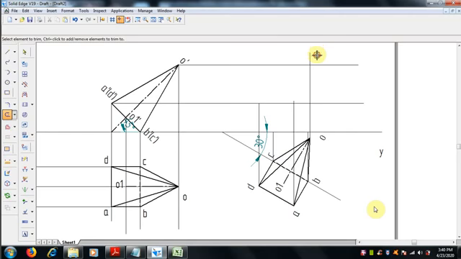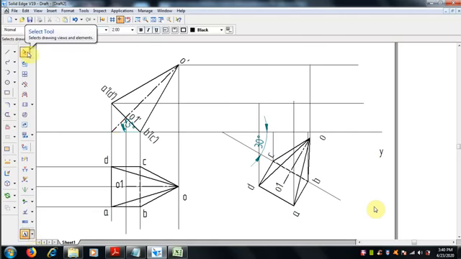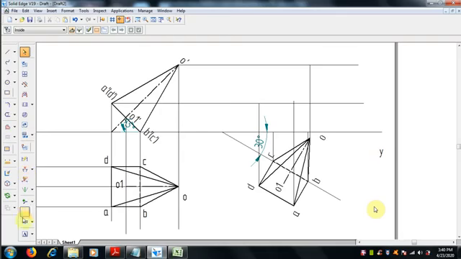Trim command, trim it. Now select the text command and mention the names in the front view, where it is O dash, A, B dash, all the front views we have to write now.